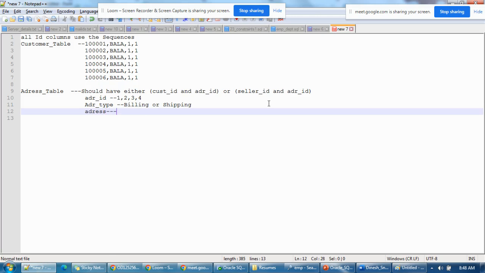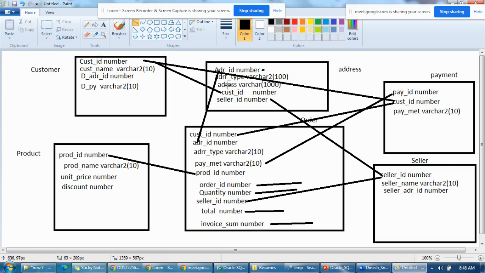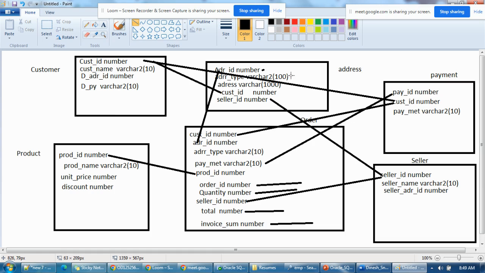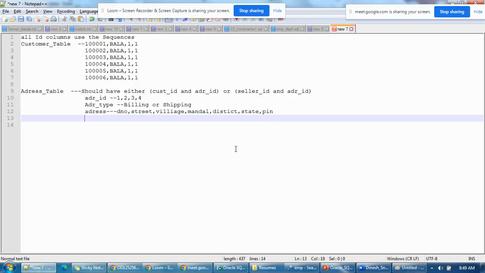Okay, address any. Okay, you can add door number along with the door number. Okay, street. If you want, you can add them as columns as well. Instead of a single column, you can add multiple columns. Okay, street, village, mandal, and district. Okay, or city and state, comma pin. Okay, like that you can add anything. If you want, you can add them as columns or you can add a single address column, and you can specify that. And customer ID,